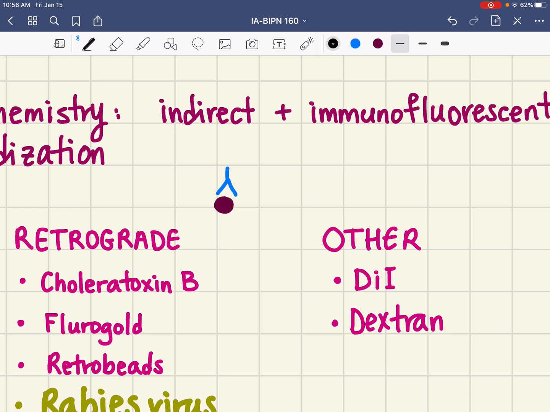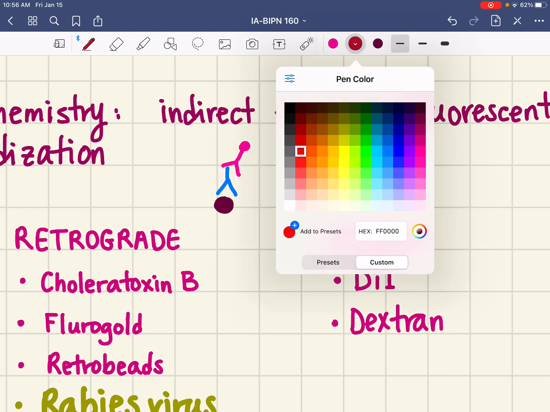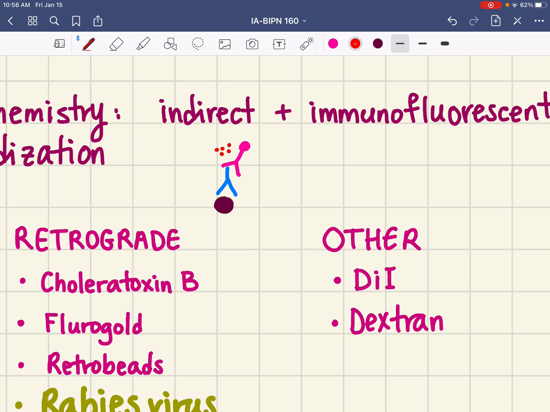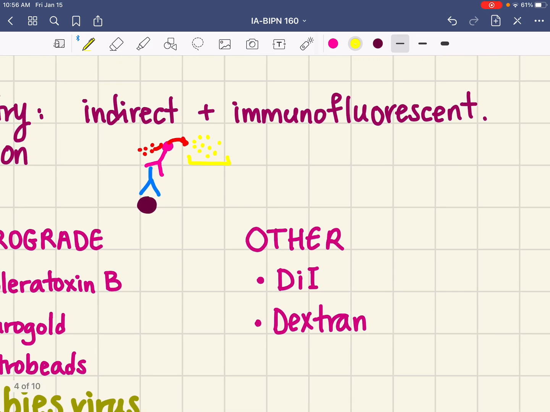Then we introduce another antibody that goes ahead and attaches to this first primary antibody. And now the secondary antibody has an enzyme on top of it that takes different molecules and turns them into a different color that we can see. Okay? Meaning, if we see this color, then we know that this protein exists in the brain. Okay? Immunofluorescent